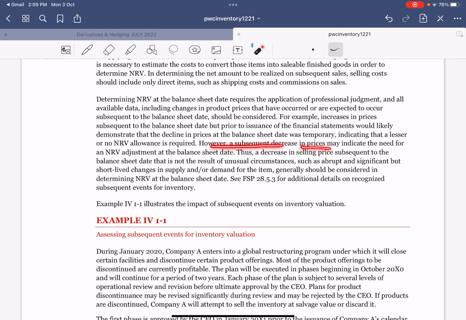However, a subsequent decrease in price may indicate a need for an NRV adjustment at the balance sheet date. Thus, a decrease in selling price subsequent to a balance sheet date that is not